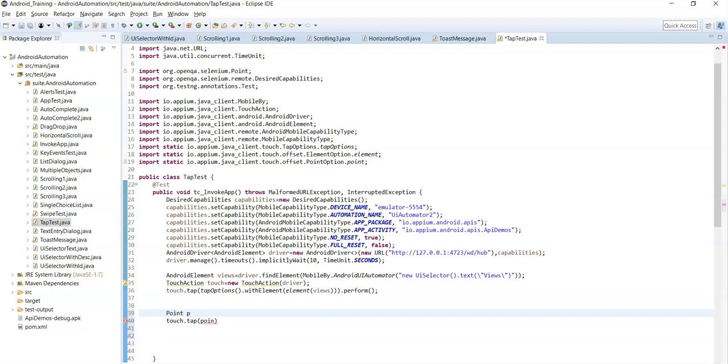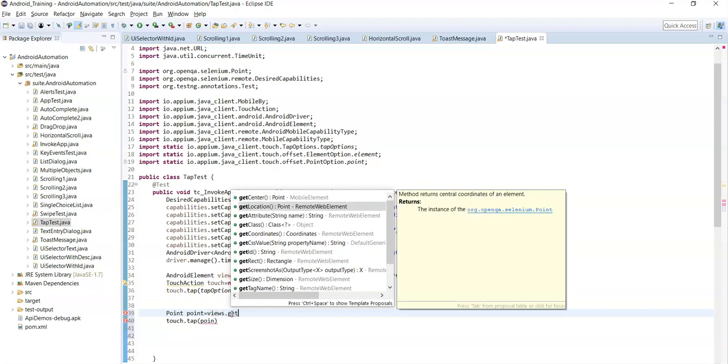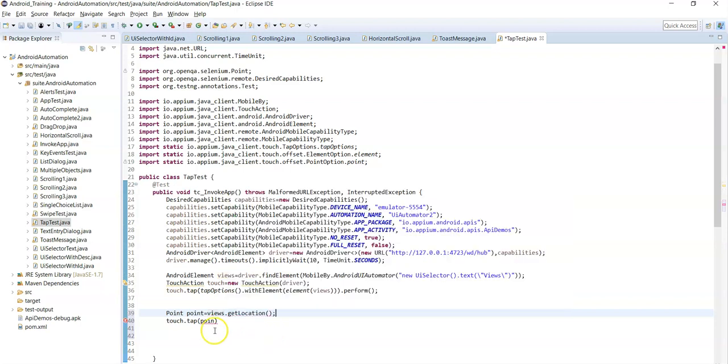Using the Point class, Point point equal to views dot getLocation. Now the point object reference contains the complete location of this Views element.